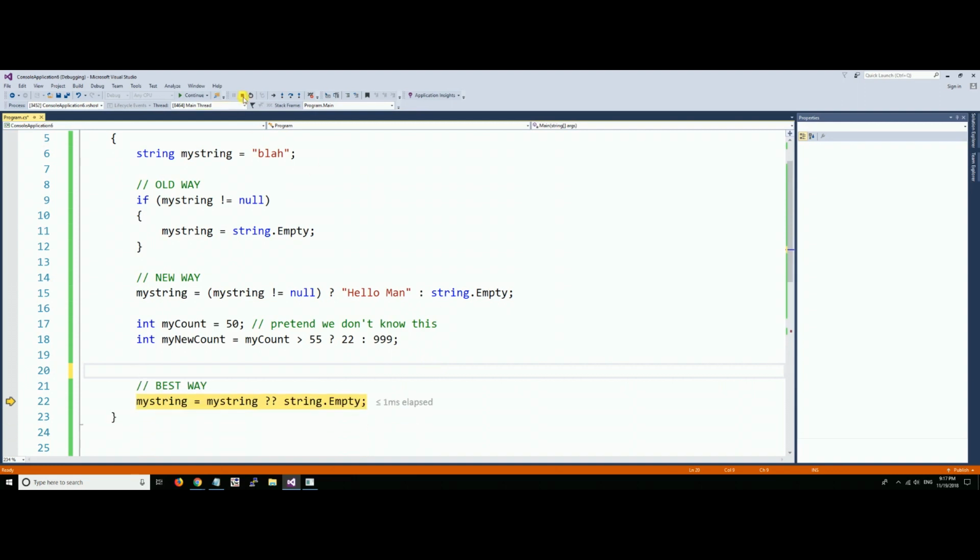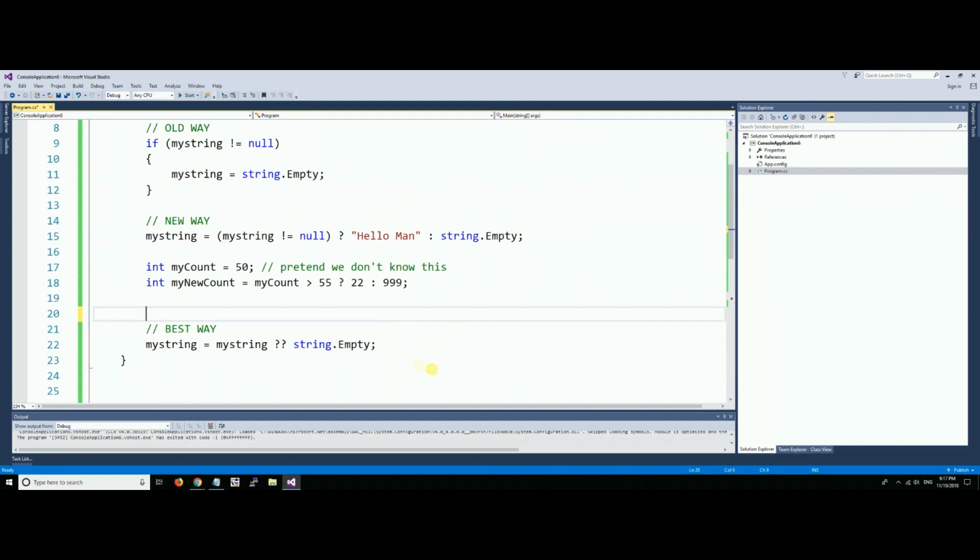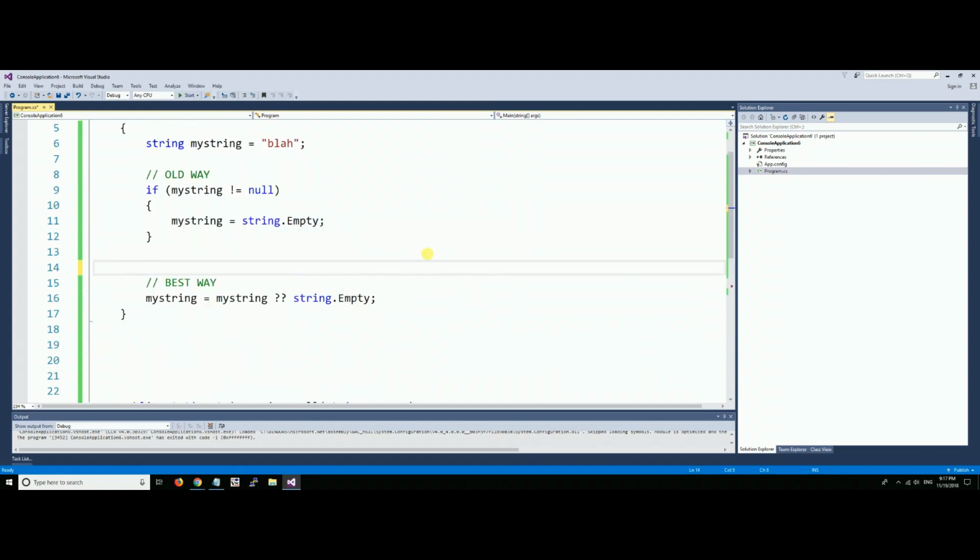We are going to move on now and do the null coalescing operator, the double question mark. Now, forget all this stuff. We're going to check my string. This is saying double question mark. This is kind of cryptic looking, but it's saying